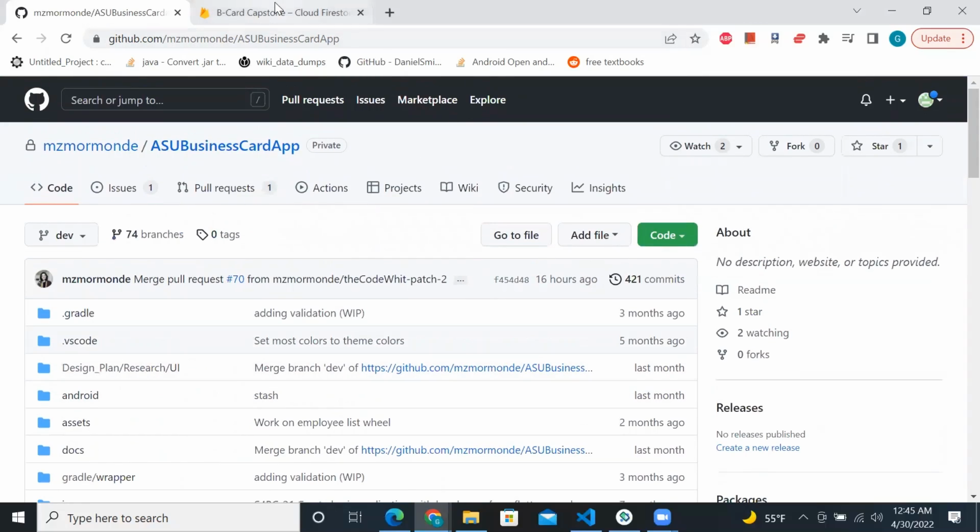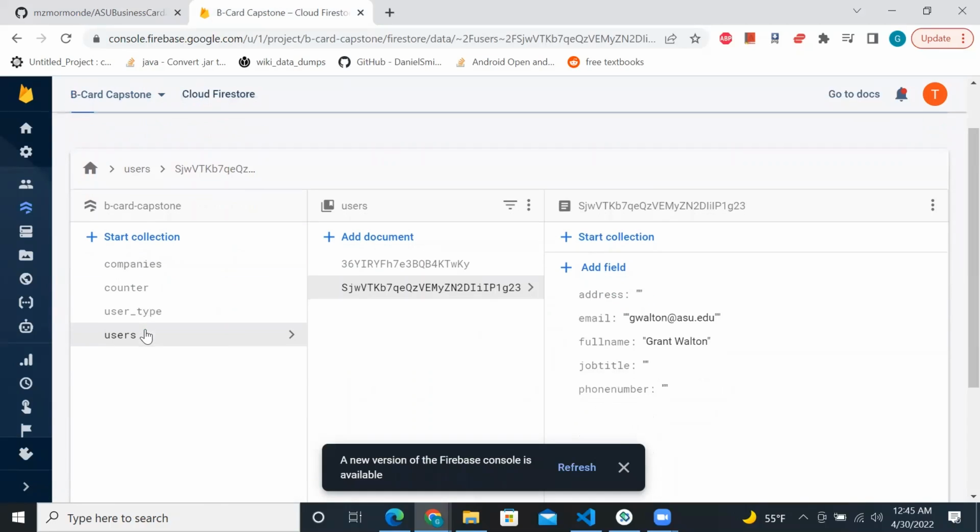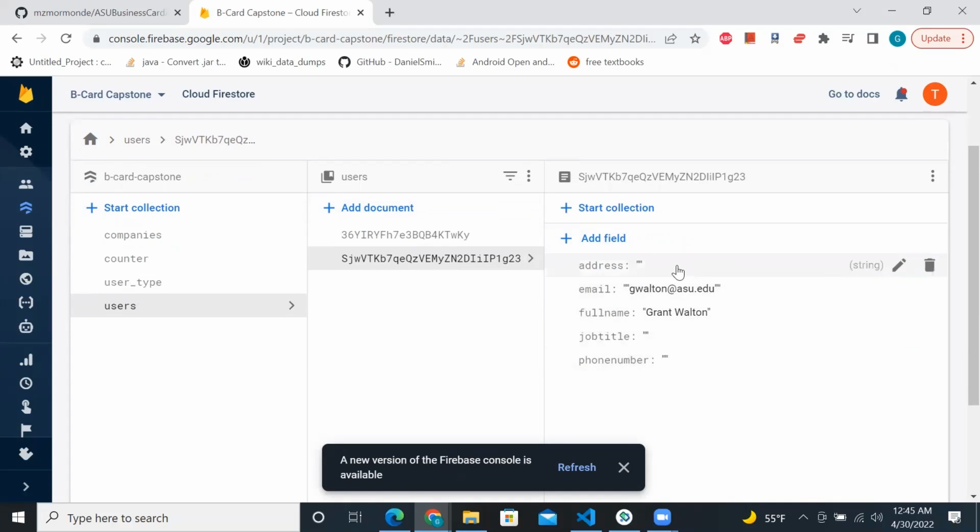Now, if we go into the backend here, we can see that it was set up using Firebase. And within Firebase, we're using Cloud Firestore. And we have authentication set up, but right now we're in our database. So you have different collections, and one of those collections is our users. And in each collection, you have documents. So each user gets a document, and within that document, you get fields. So the page that we're looking at when we click to view profile,